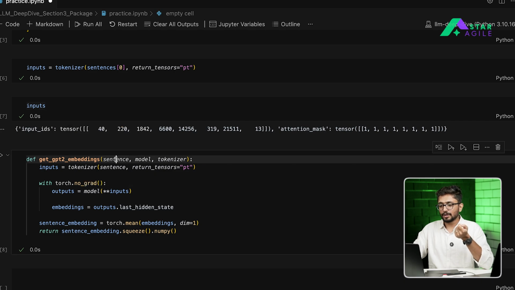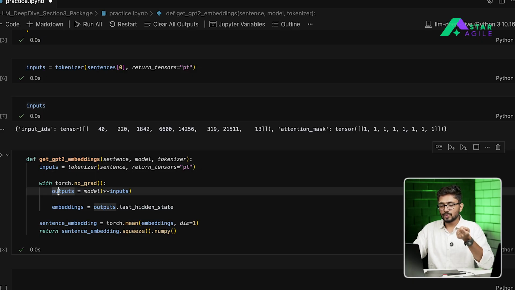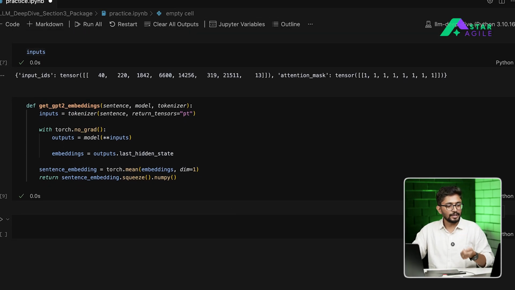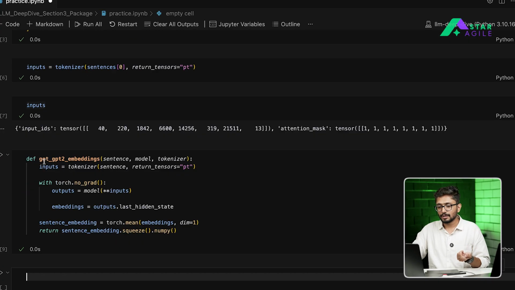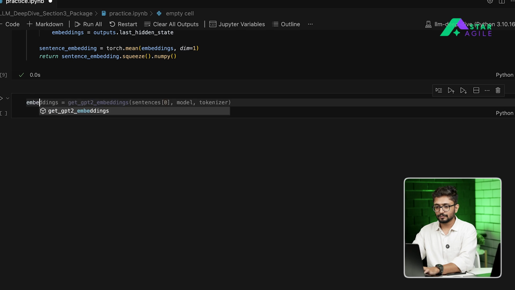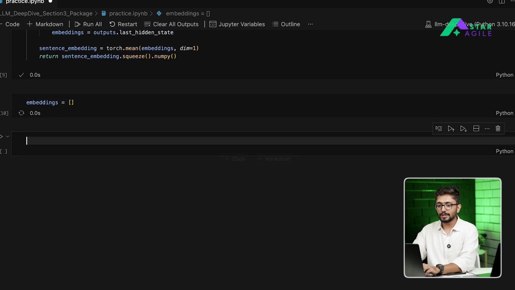So with this GPT-2 model, I'm going to feed the sentence. That sentence will be basically broken down into individual tokens. Those tokens will be fed to the model to calculate my embeddings for each and every token, and then I'm going to compress those embeddings to calculate my sentence level embedding by providing the average function there, right? So this function is now ready. The only thing that is left to do is basically now to use this particular function to calculate individual embeddings for each sentence, right? So let's create a vector that is going to hold all the embeddings for me, and